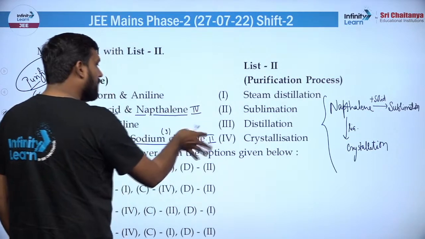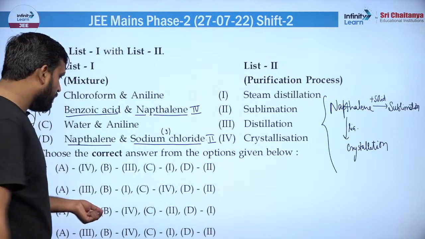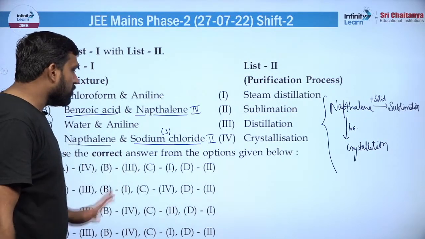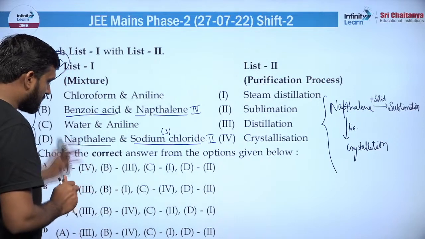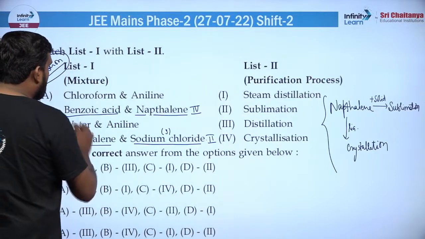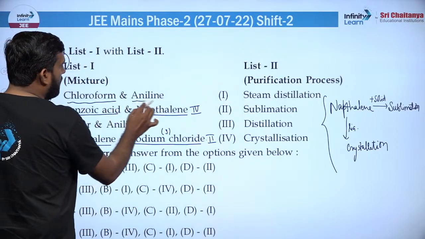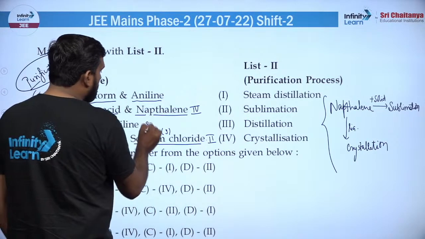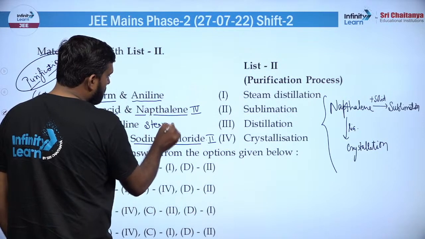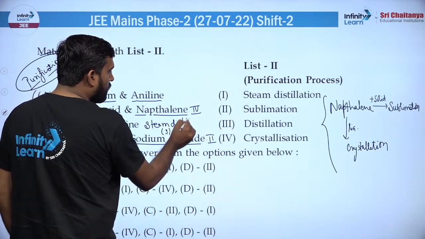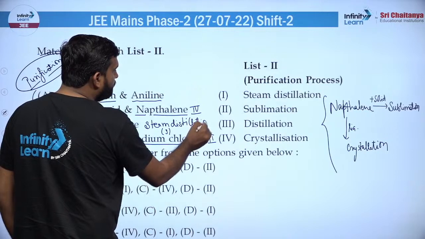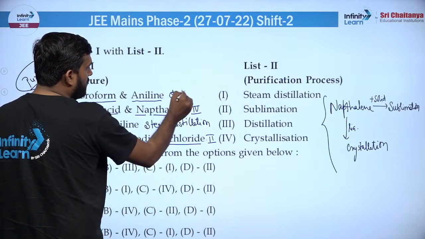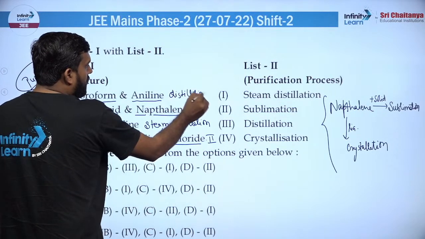तो देखो अब ऐसे में क्वेश्चन क्लियर हो जाता है एक्चुअली। आप ऐसा देखोगे इसमें 4 यहां पर हो, 2 वहां पर हो, तो एक ही ऑप्शन बचेगा, बाकी सब कैंसिल हो जाएंगे। तो क्वेश्चन डिफिकल्ट नहीं होते, आसान हो जाते हैं, मैं बता रहा हूं। अब यहां पर क्लोरोफॉर्म और एनिलीन, इनके लिए डिस्टिलेशन की मदद लेनी पड़ती है। वाटर आ रहा है तो स्टीम डिस्टिलेशन, वाटर स्टीम डिस्टिलेशन से रिमूव किया जाता है, स्टीम बनता है वाटर का। और क्लोरोफॉर्म के लिए प्रॉपर नॉर्मल डिस्टिलेशन करना पड़ता है, ठीक है।